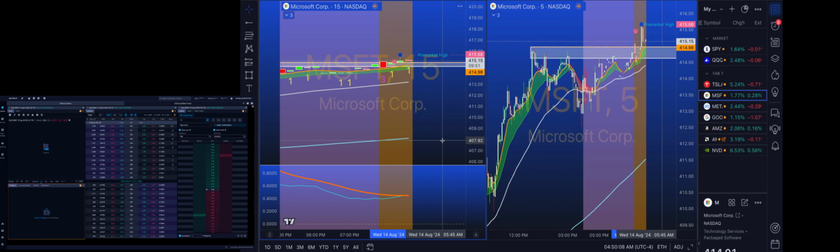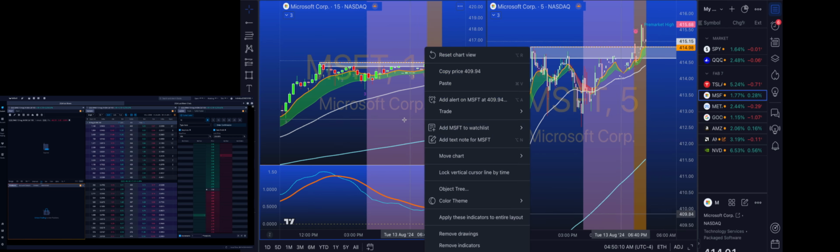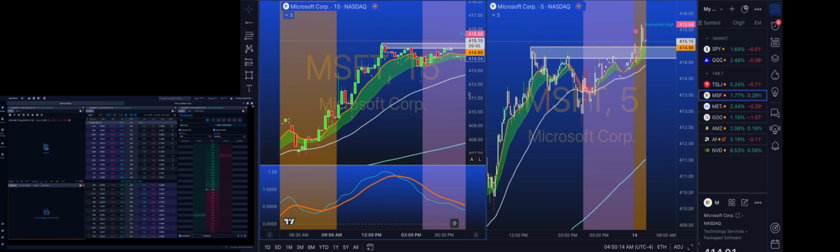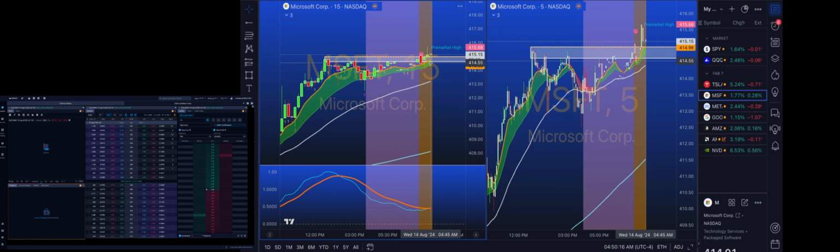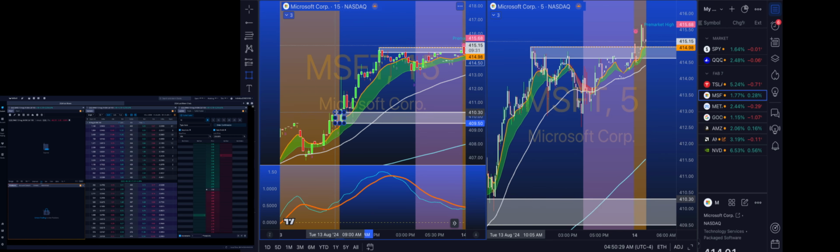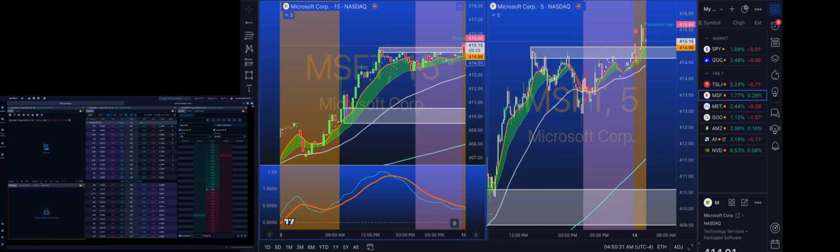Okay, so I need price to break above this when the market opens. So price can continue to go up higher, and it probably will, as it's doing right now. We're gonna wait and see, and then as soon as the market opens, we'll mark off exactly where the pre-market high was. And for shorts, I want price to break below